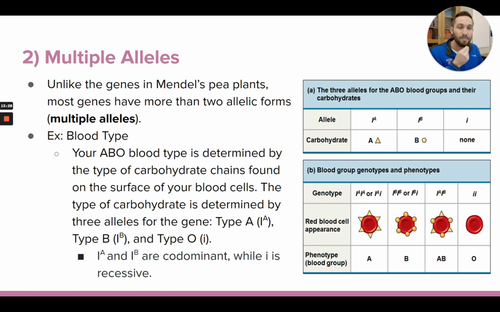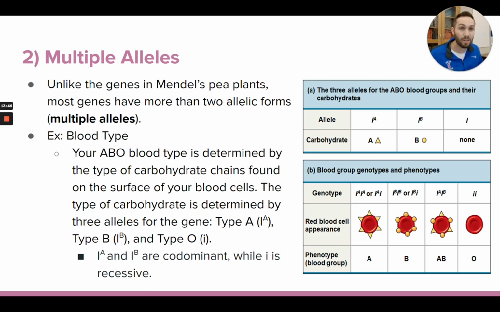So for Mendel's pea plants, that never really happened. For his pea plants, the traits that he was looking at, the genes that he was looking at, there were just 2 alleles that existed. Like for flower color, for that gene, there was a purple allele or a white allele. There was only 2 options out there. You either had 2 purple, 2 white, or one of each, but there's only 2 options.